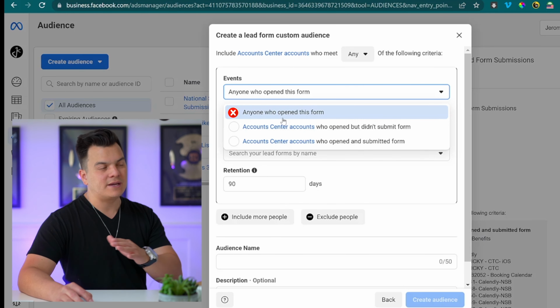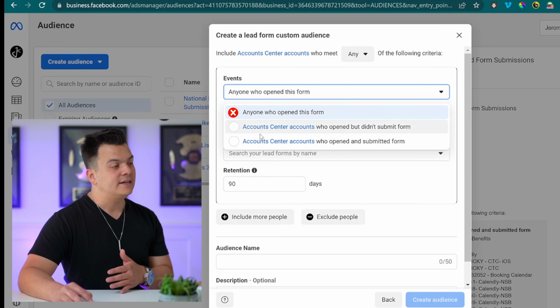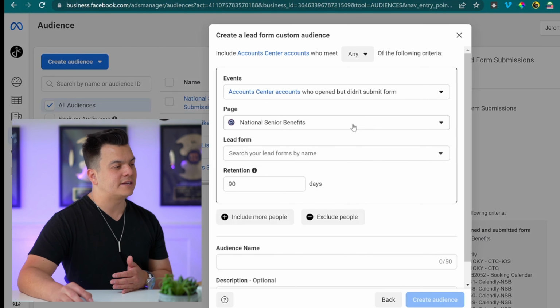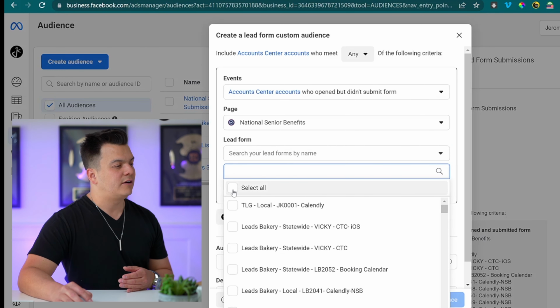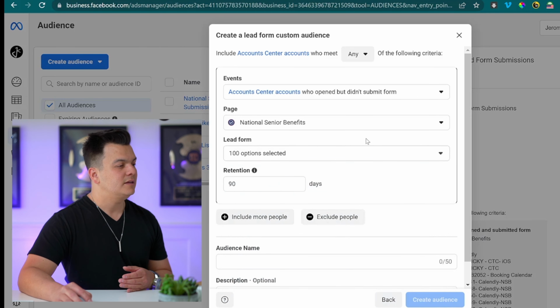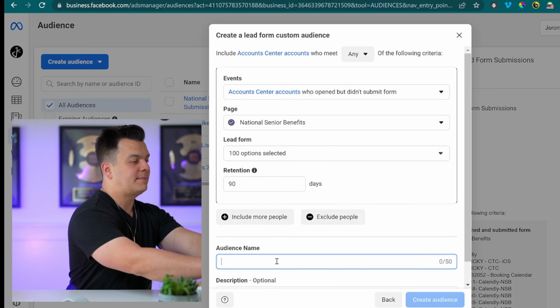We actually want to make sure we have them differentiated, so we're going to do the second option here: people who opened the form but did not submit it. Then we're going to select all forms, and 90-day retention again. Then we're going to call this, after the page name, National Senior Benefits,